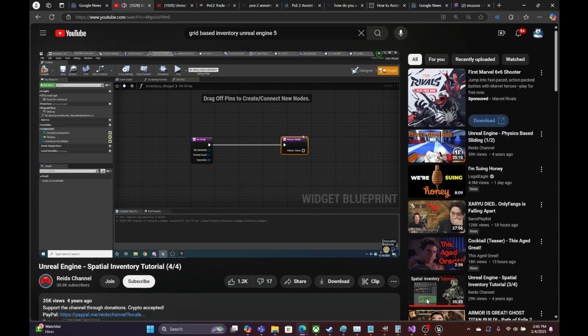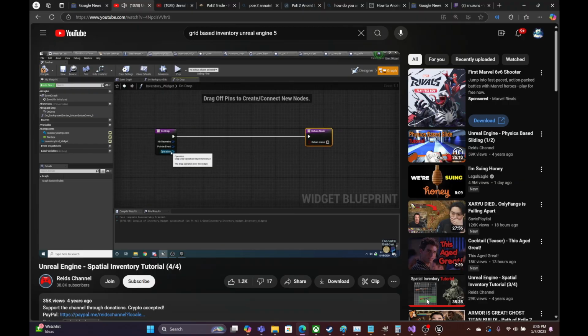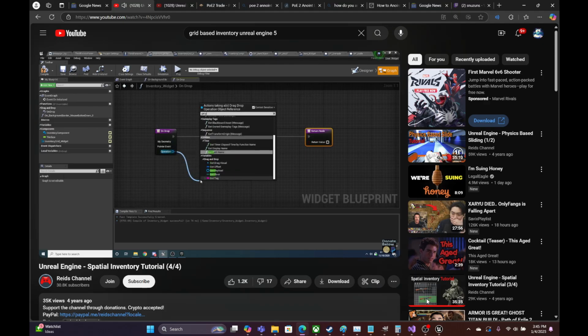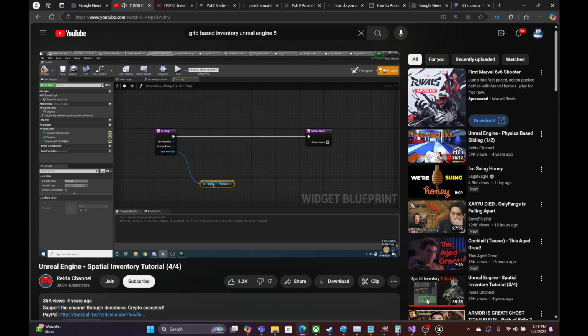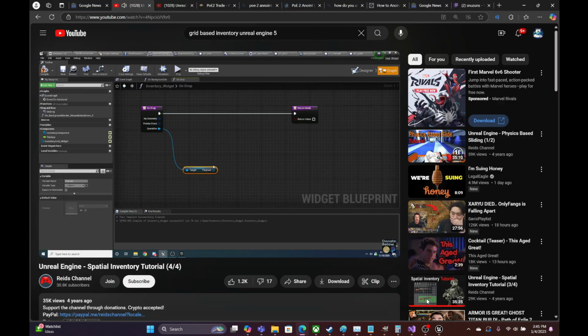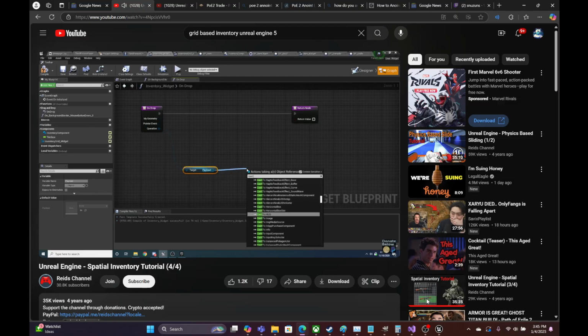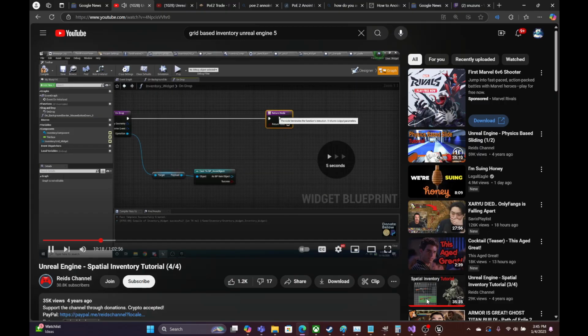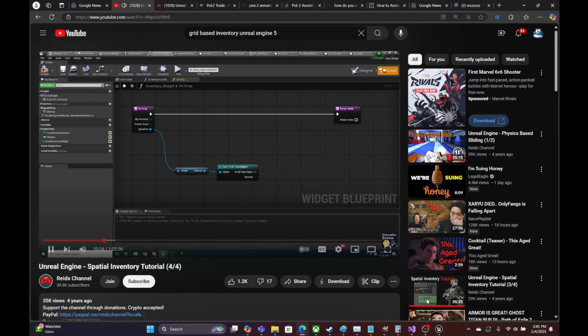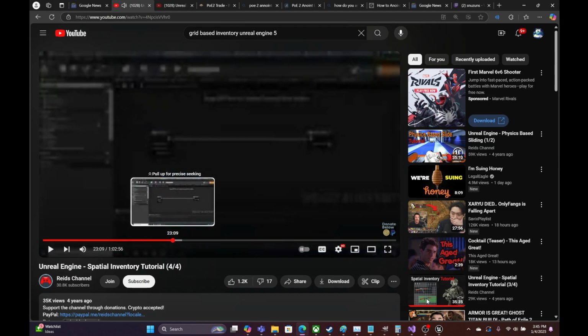So inside of here, what we want to do is we just want to drop the item on the ground. So this is the operation. So we can say get payload, and if you remember, the payload is the actual item object. And so we can then cast this to our BP underscore item. So if you already have a game state, since